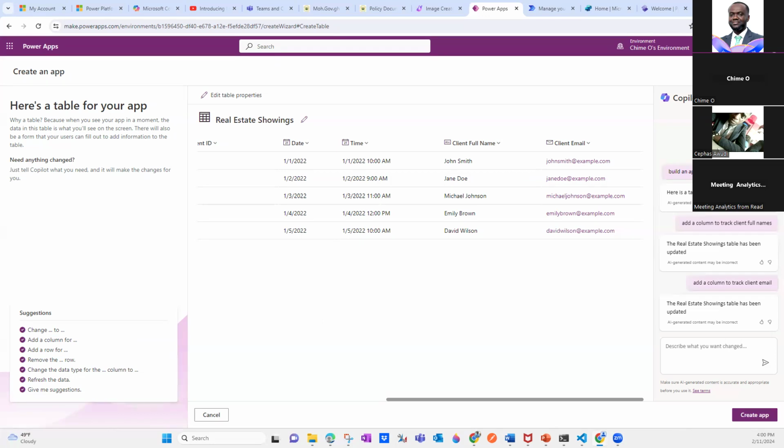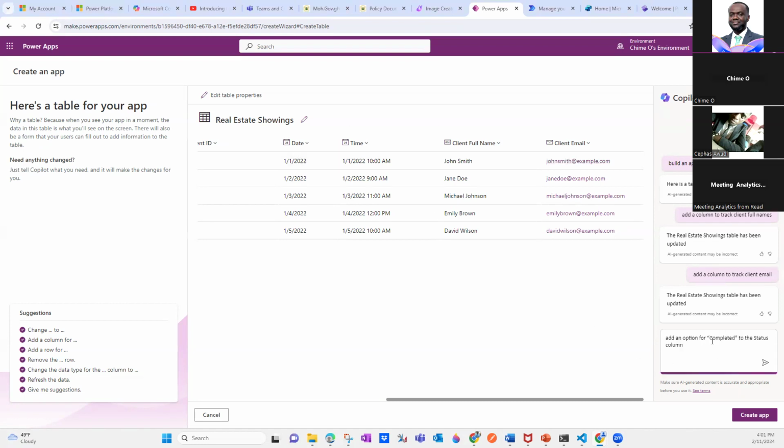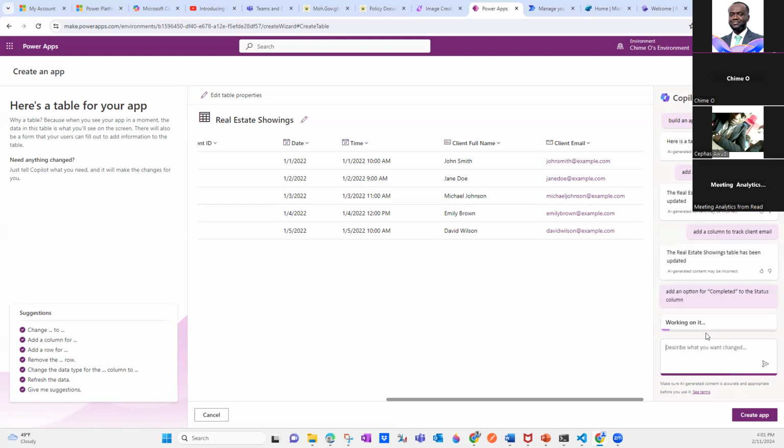Another thing that we can do is tell it to add an option for a particular column, remove this, add this, and delete this. You can actually delete the entire table. You can also do that for the app. Conversationally, you can just go in and say, can you add an option for completed to my status?